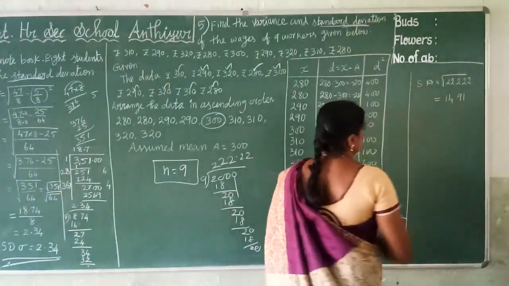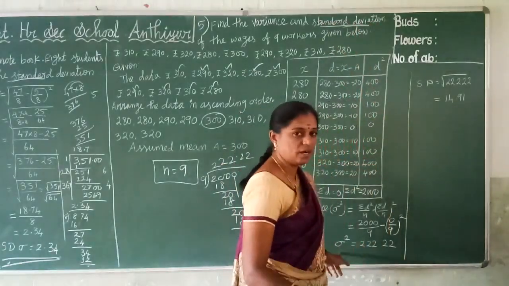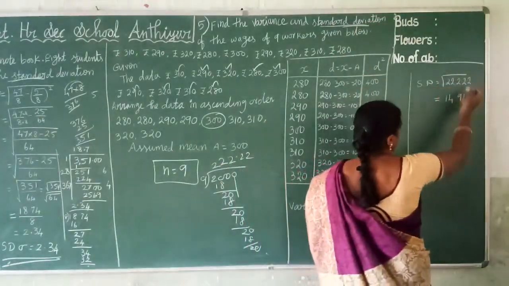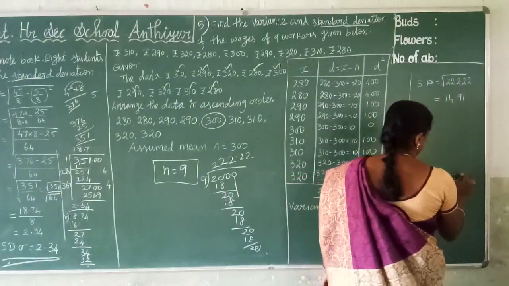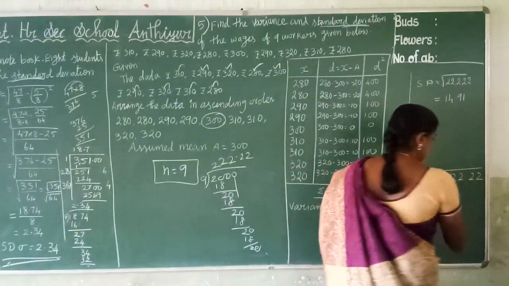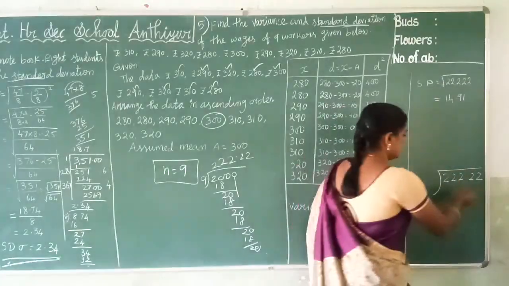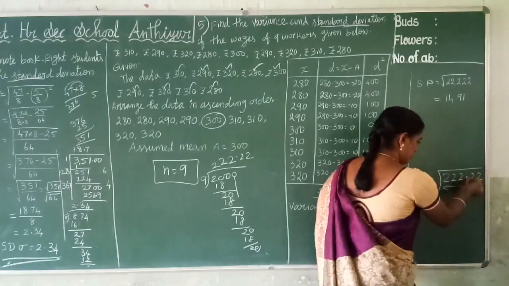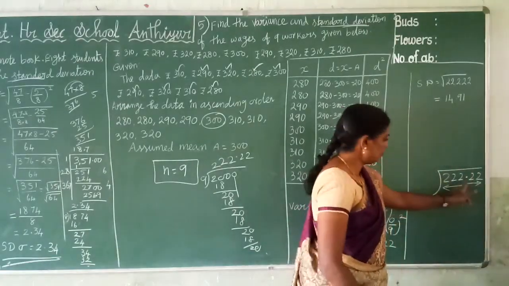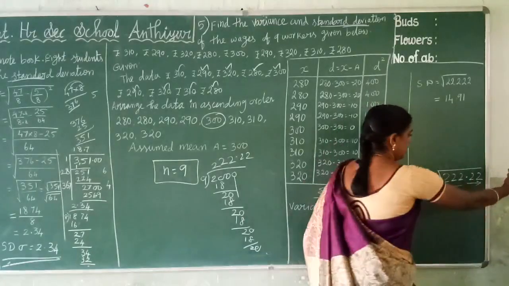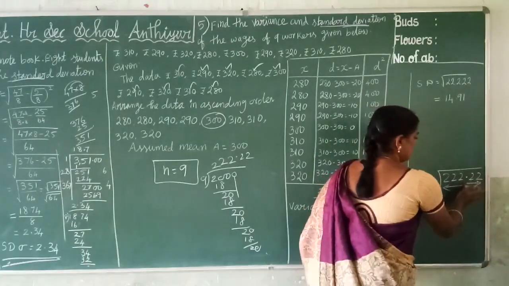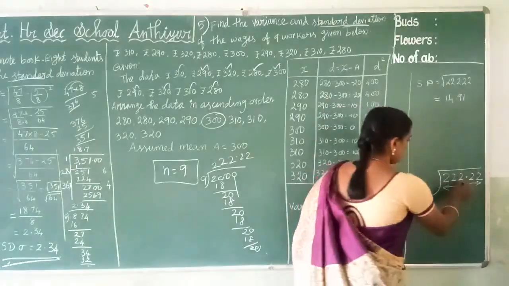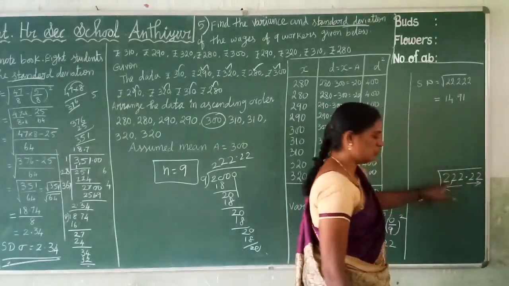Next we want to find the standard deviation. Clear? Standard deviation means sigma, so that is root. So 222.22. Now what do you have to know here? The same method: you segregate the digits. Decimal, 2 from this side. Here before the decimal, coming this way, 1, 2. Right to left before the decimal, and after the decimal left to right, you segregate 2 digits. Clear? 1, 2.